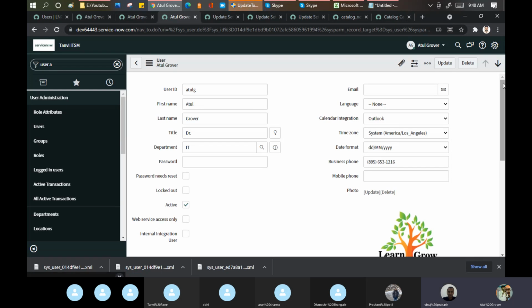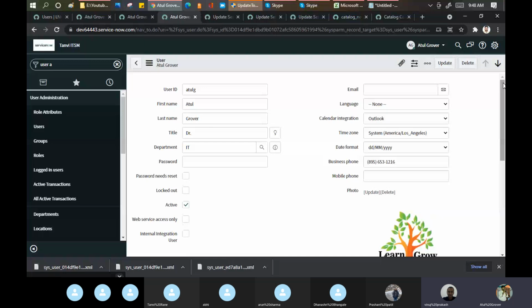XMLs are basically used when you create some drop-down values, some user data, and you want this data to be consistent in all my instances. Then we use the XML-based imports. That is the main fundamental. Mainly we use it to move the data. I'm talking about the data, not the configuration or the customization. When you want to move your data, then you can use XML.